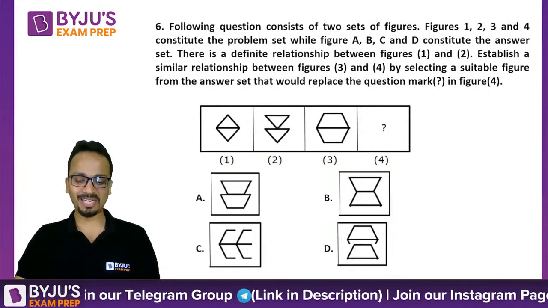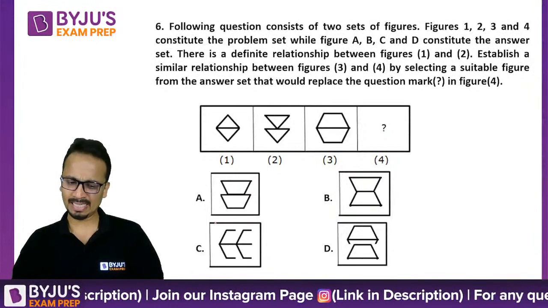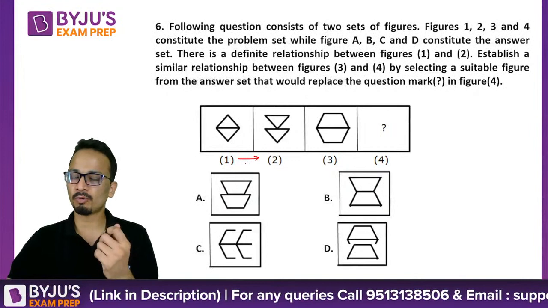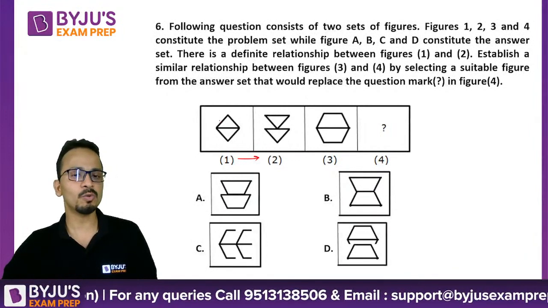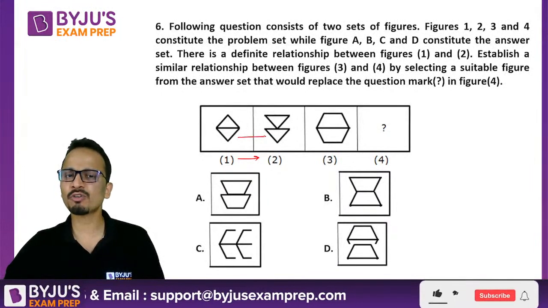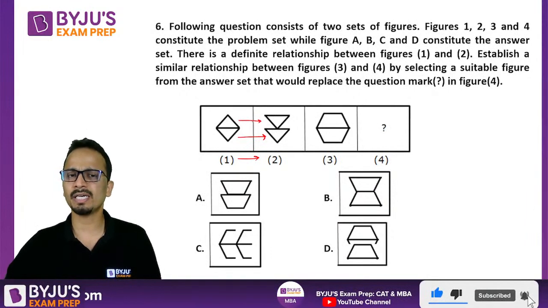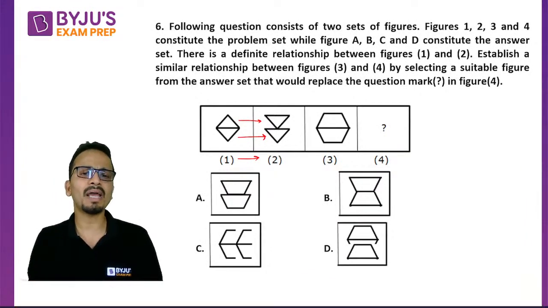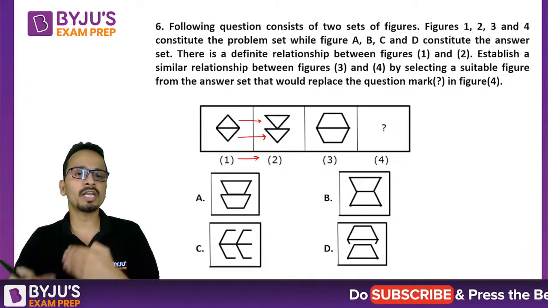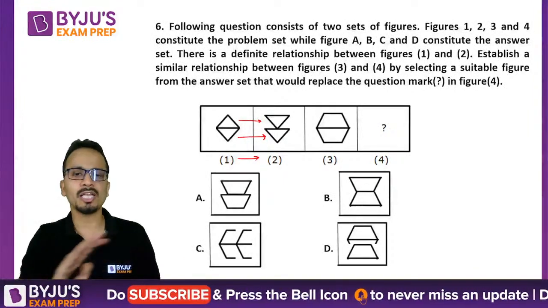All right, great, wonderful. So all of you have given same answer up till now, and all of you should be correct. So start from 1 to 2, from problem figure 1 to figure number 2. क्या हुआ है? So there are two triangles in figure 1. नीचे वाला triangle as it is retain किया गया है, and ऊपर वाले triangle को क्या किया है? We have rotated it by 180 degrees, or you can say that we have made a water image. इसको flip कर दिया है, reflect कर दिया है along the horizontal axis.